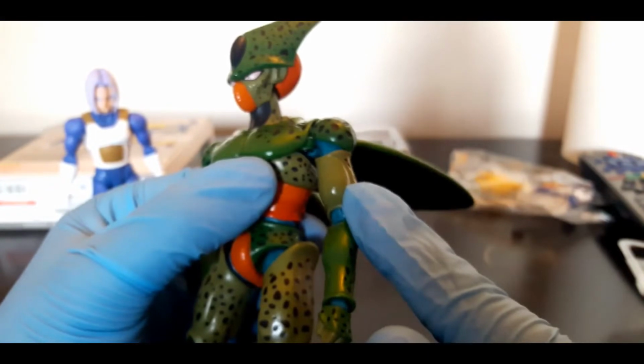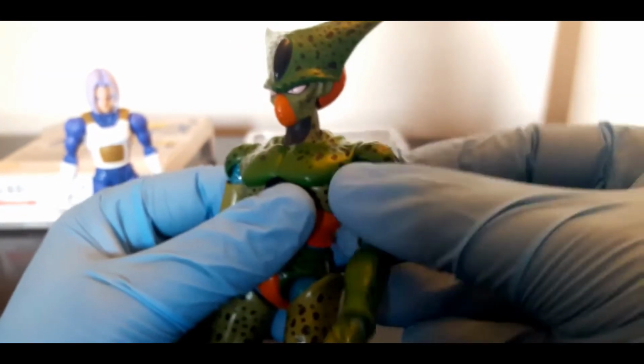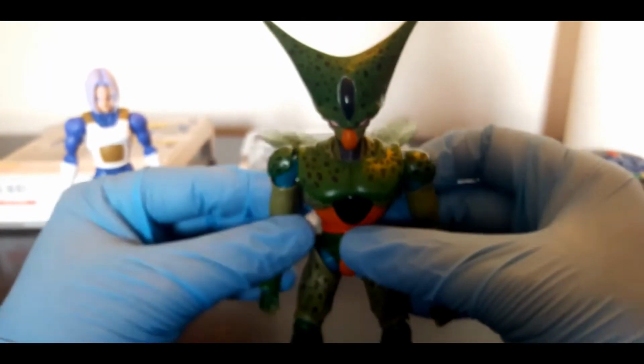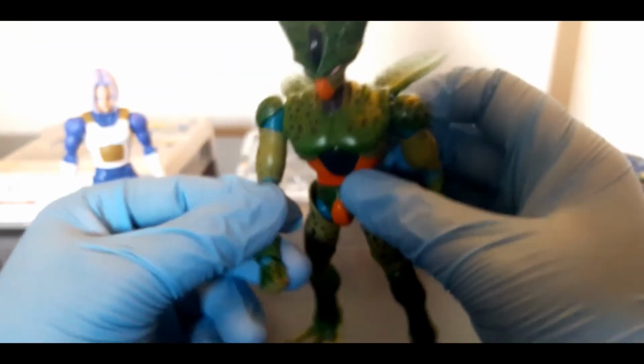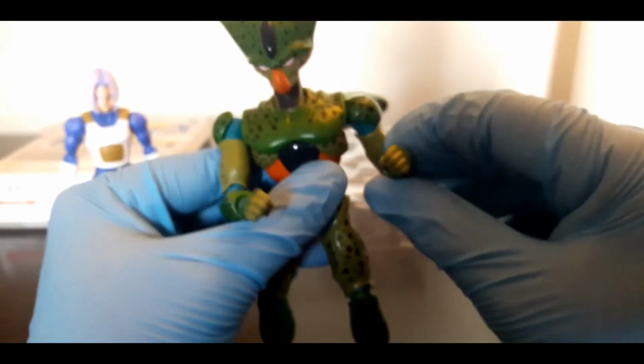These are terrible. I don't like them at all. For you to feel like you're gonna break a $70, $80 figure just by moving the arms, and let's be real, this is Cell. What does Cell do? He's gonna be doing Kamehamehas out the ass. And to not be able to do that confidently and just enjoy yourself while you're getting them in that pose,